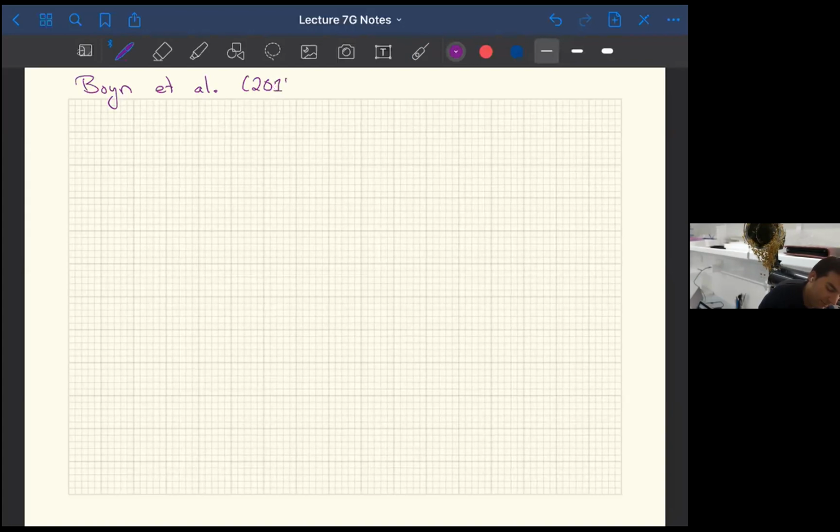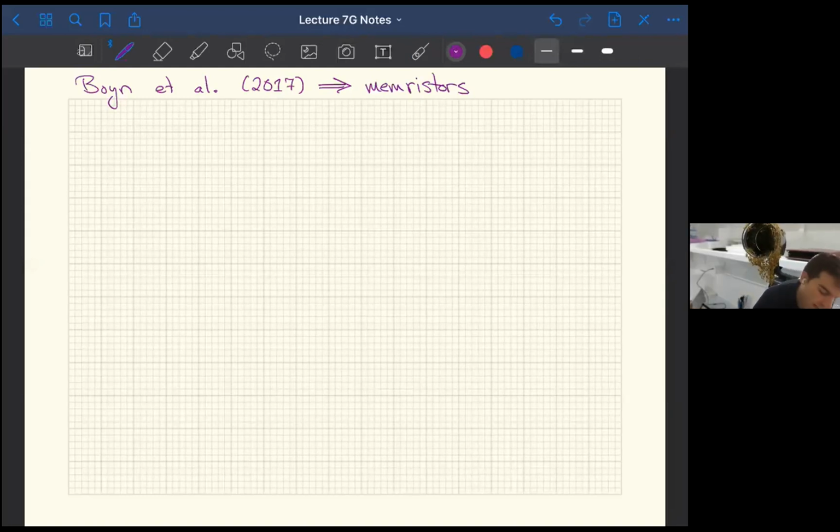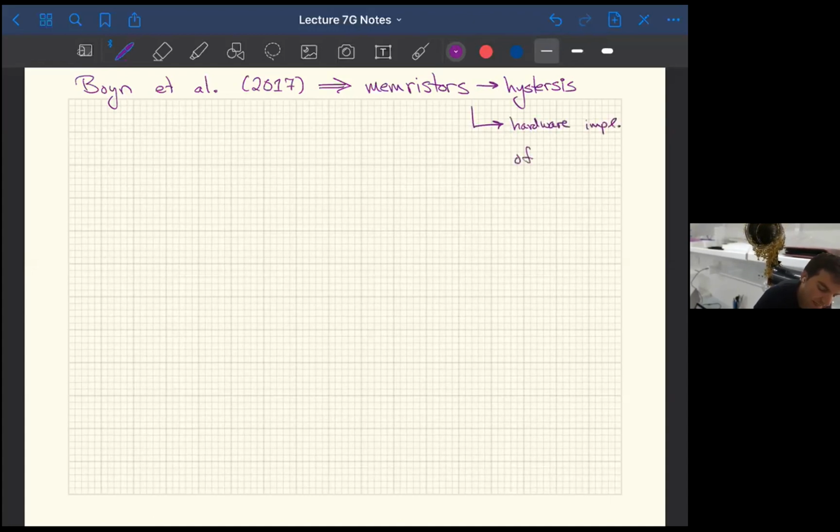This is from 2017, where they used new electronic components called memristors, which have hysteresis, and they basically allow for hardware implementations of spiking